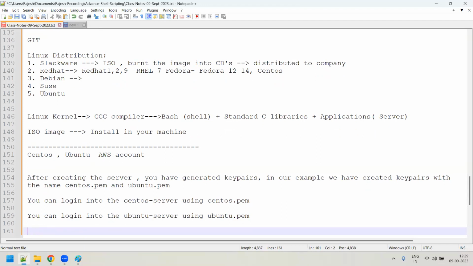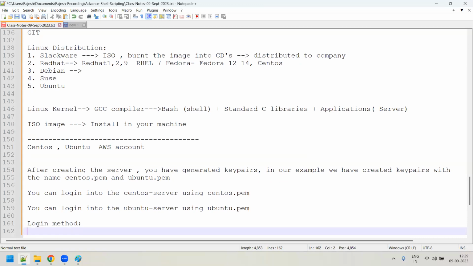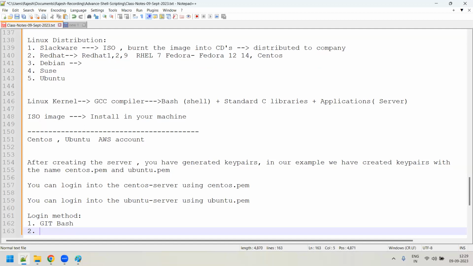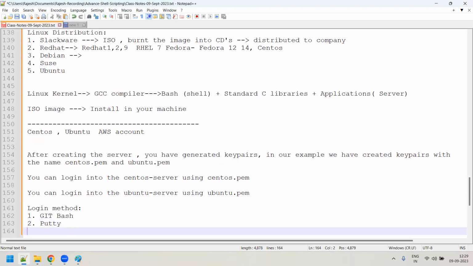First, you can use Git Bash. You can even use PuTTY. PuTTY is software which we use to log into any external Linux server.